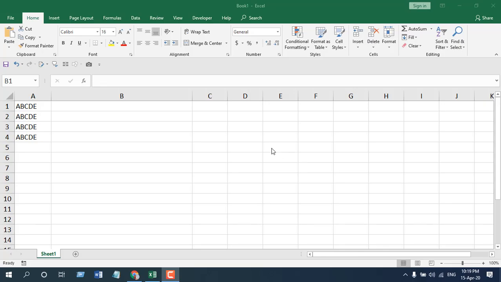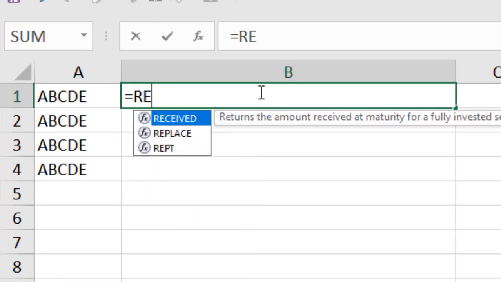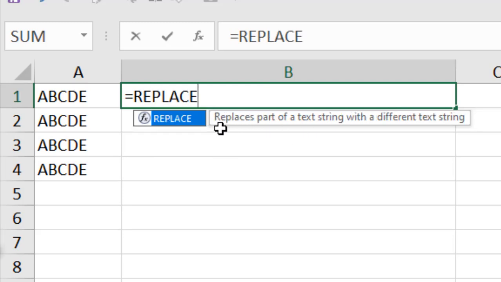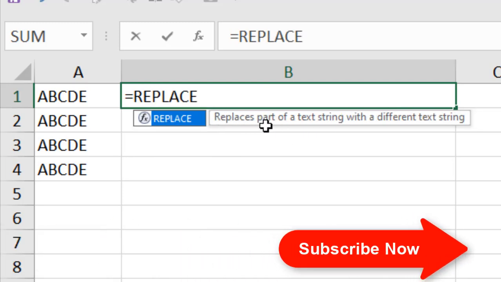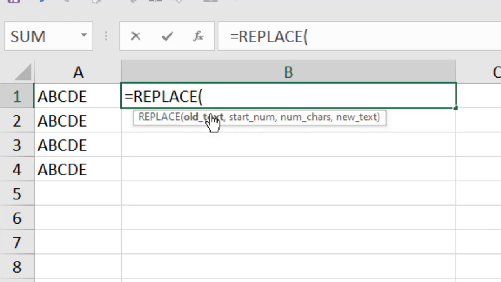So the best way I think to learn a function is to apply it, and let's apply the replace function here in cell B2, and while I'm applying this function I'm going to explain how the parameters work and how you can use it. Okay, so write equal to RE and you can see here replace. The replace function replaces part of a text string with a different text string. Okay, so this is the replace function, and if I double click here, it is asking for the first parameter,